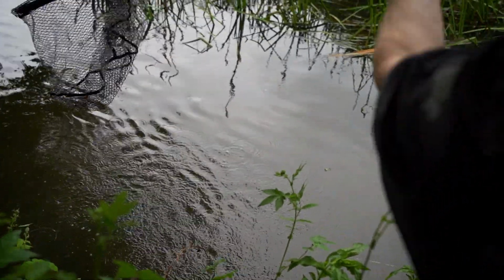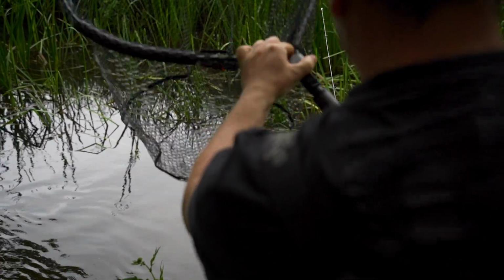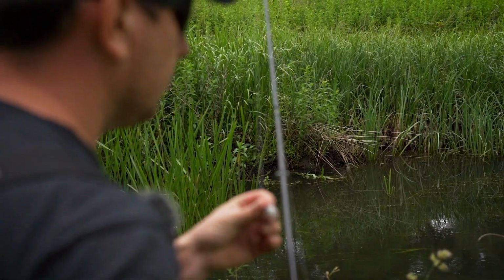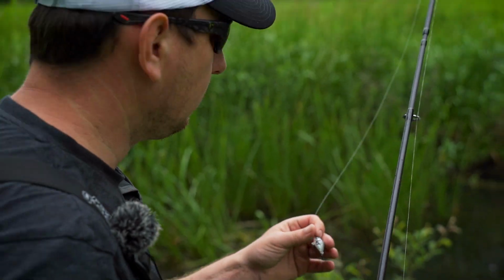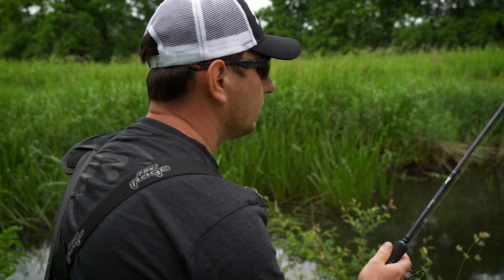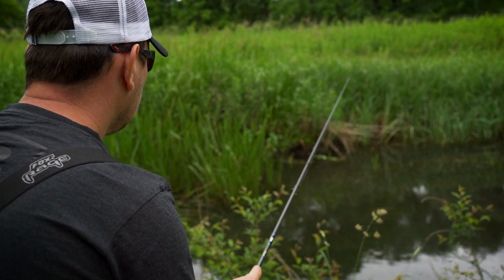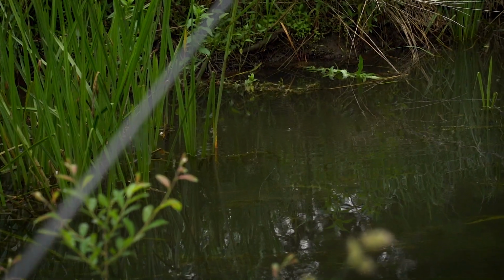Now that might have ruined this swim, so we might have to rest it a little while. So the tiny is a great little lure. It's very shallow diving, but it's great on these shallow runs. But equally, what I like to do with it is just work it along the surface. When you get it in there, it just looks like a little bug. If you just literally don't retrieve it, but just twitch it along the surface, it's just like a bee or,